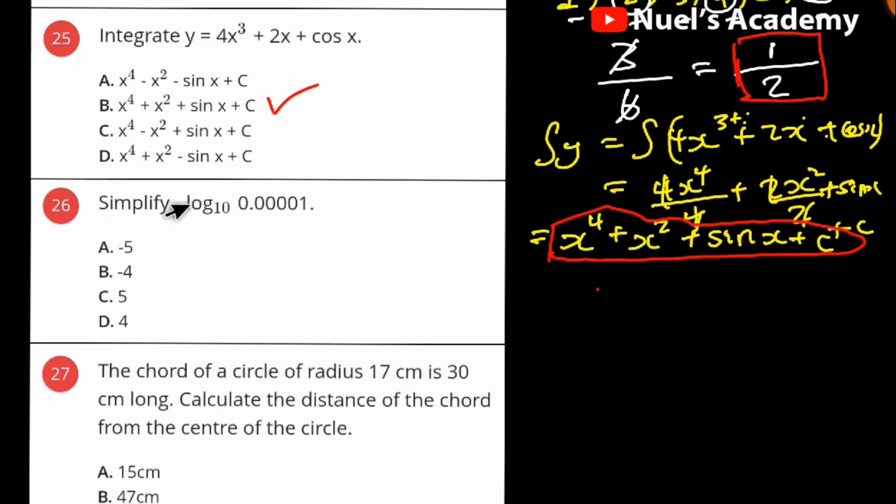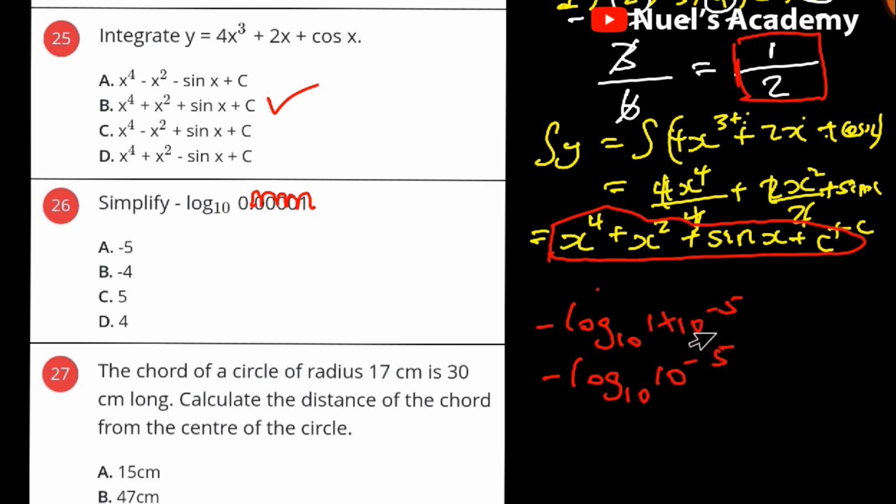Question number 26. Simplify minus log 0.0001 base 10. So we have minus log base 10 of 0.0001. Now let's convert this to standard form. We have 1, 2, 3, 4, 5. So this is 1 times 10 raised to the power negative 5. But 1 times 10 is simply equal to 10. So instead of writing 1 times 10 raised to the power negative 5, we write 10 raised to the power